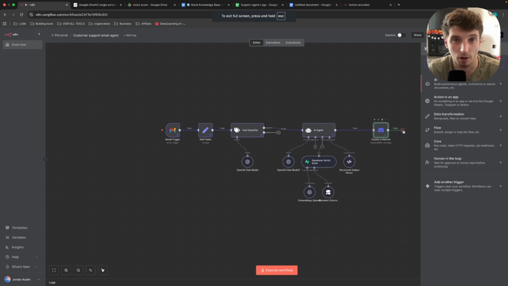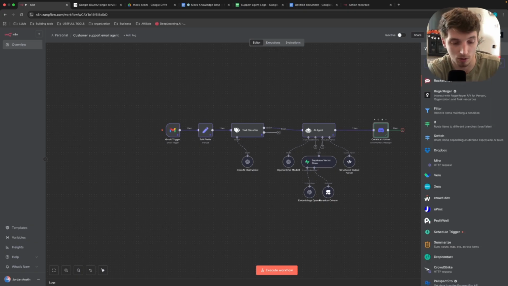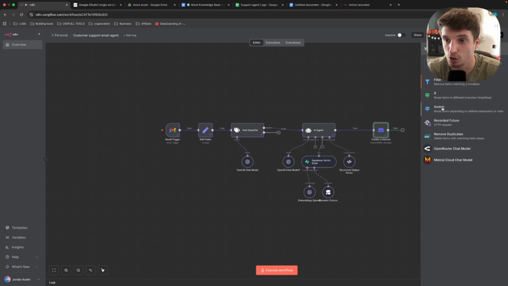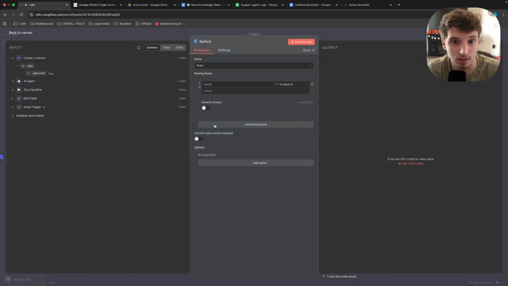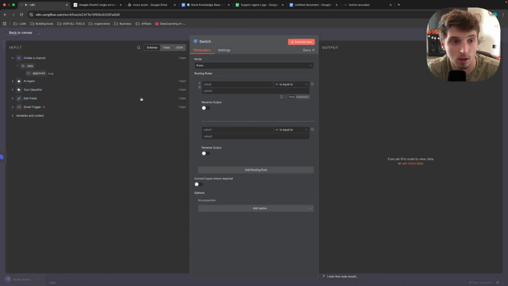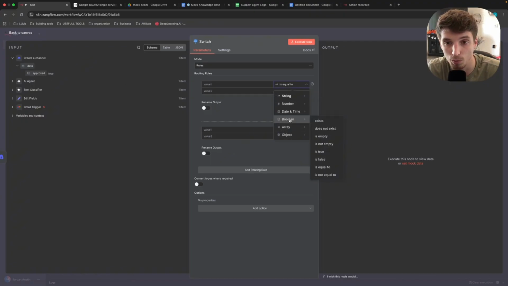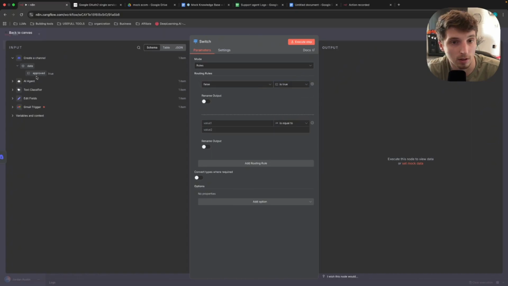Now what do we do when it's true? The first thing we're going to want to do is, we know we have two options. We have whether we approve it or we disapprove it. So there's two routes that this can go down. So the first thing we're going to do is go router, switch, route items depending on defined expression or rules. And very easily, we're going to click add routing rule. And this is what's called a boolean. So if it has a check mark, you just want to change this down to boolean. And we're going to do is true. If you drag this over,